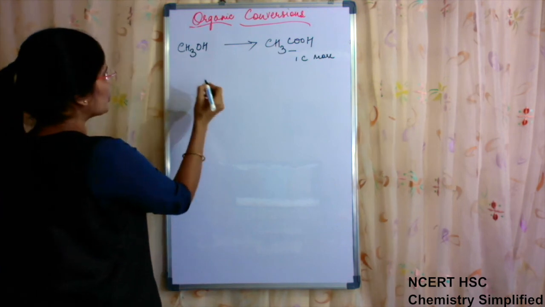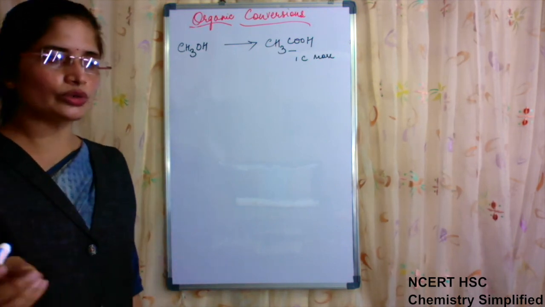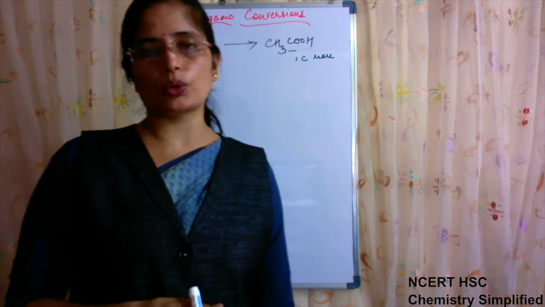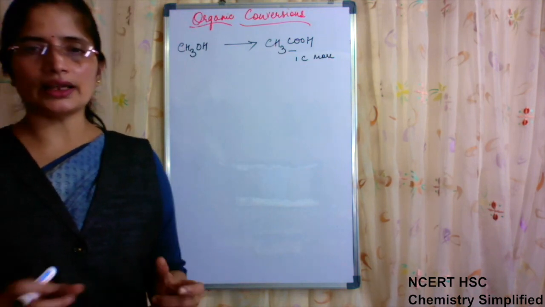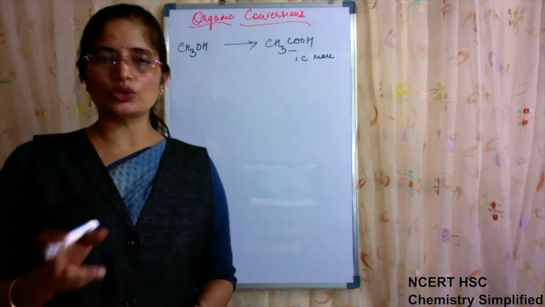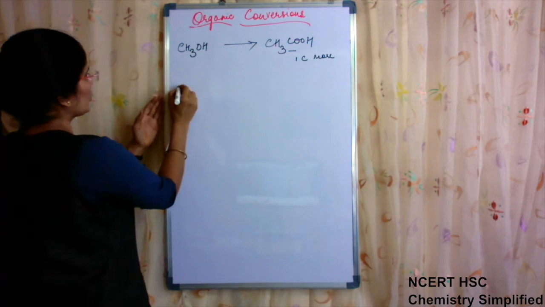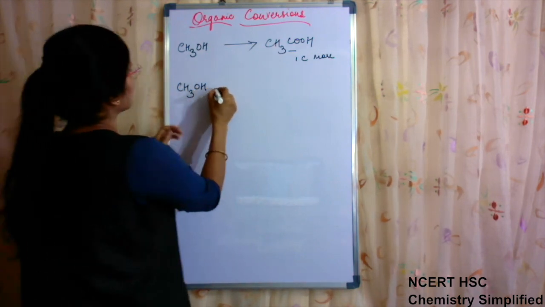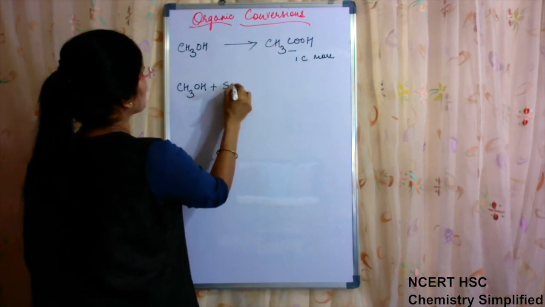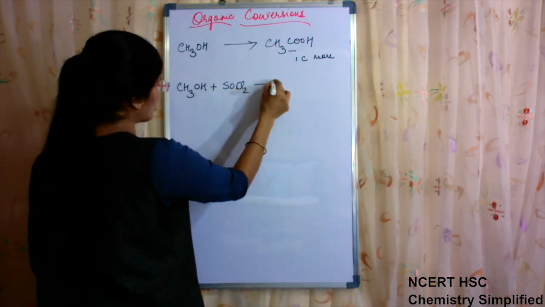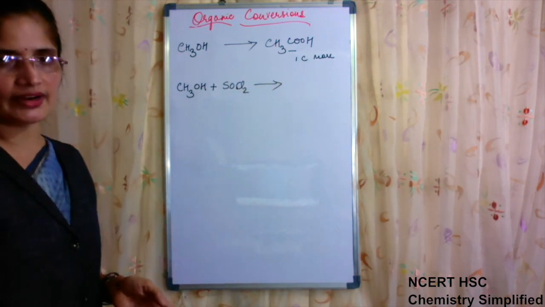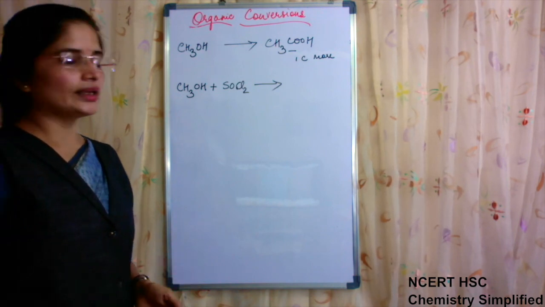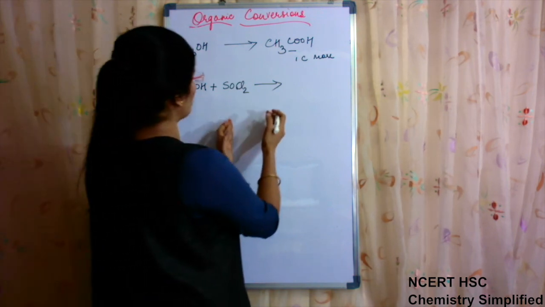I told you that whenever we have to introduce cyanide or any group, first we need to convert the organic compound into its halogen derivative. So alcohols CH3OH can be converted into halogen derivative using SOCl2, PCl3, PCl5, hydrochloric acid, any chlorinating agent,